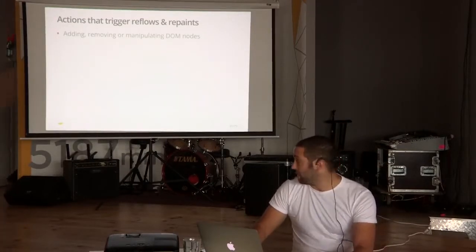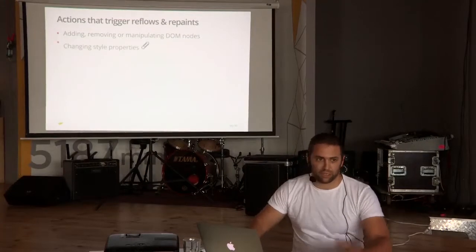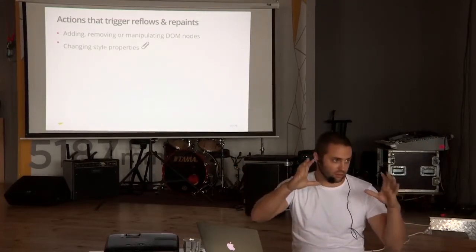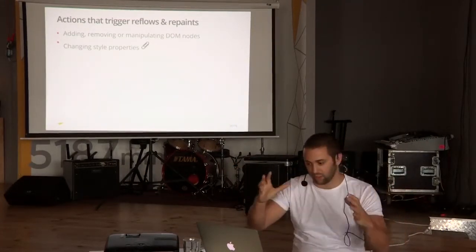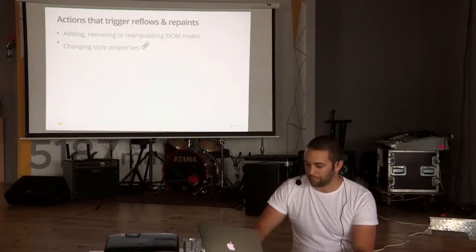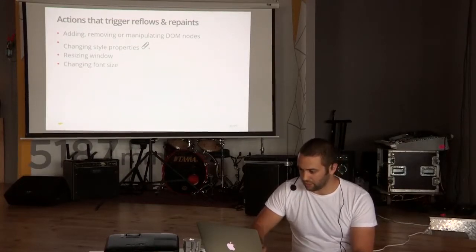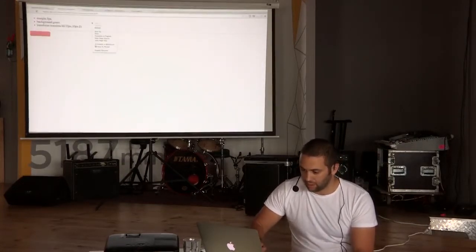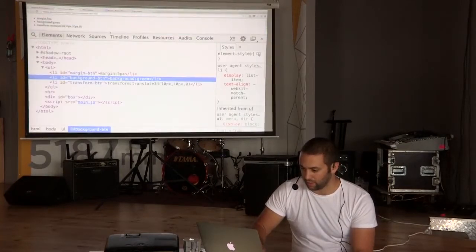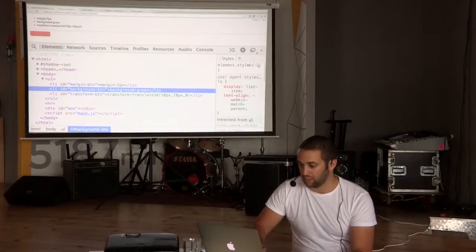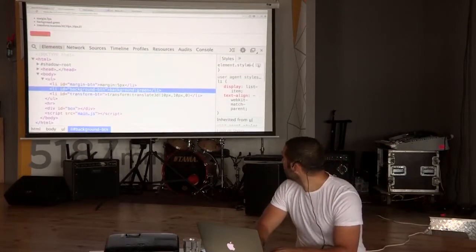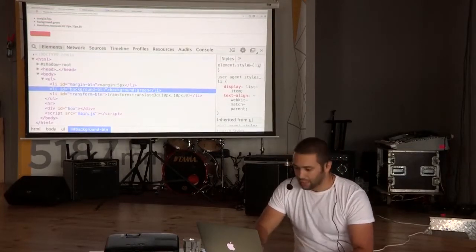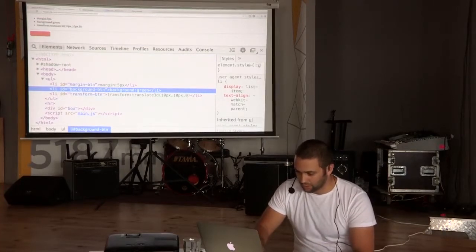Adding, removing, or manipulating the DOM changes the way the document looks, what we see on the screen, so that causes reflow and repaint. Let's take a look at an example real quick. I have an example here where I changed these CSS properties: margin, background, transform. One thing we want to see